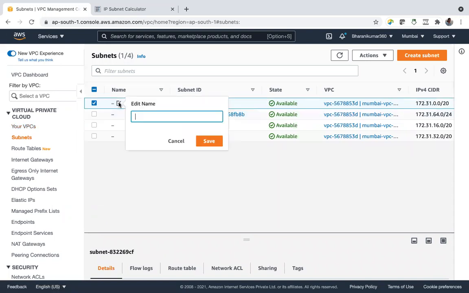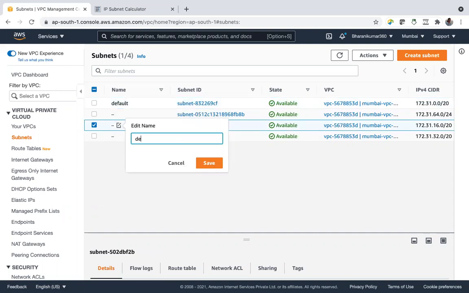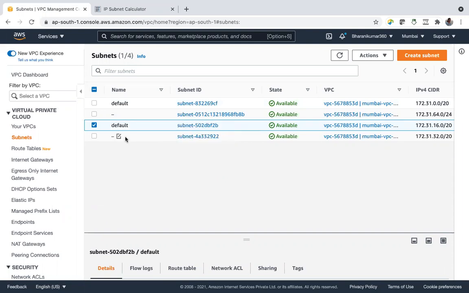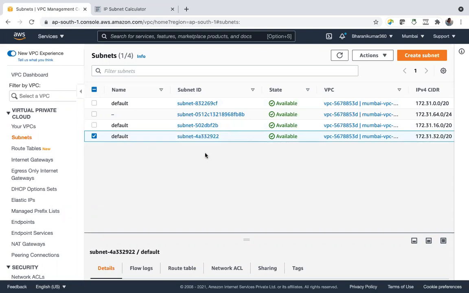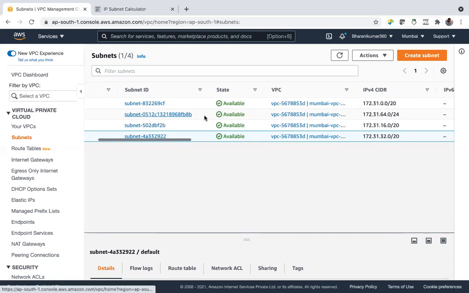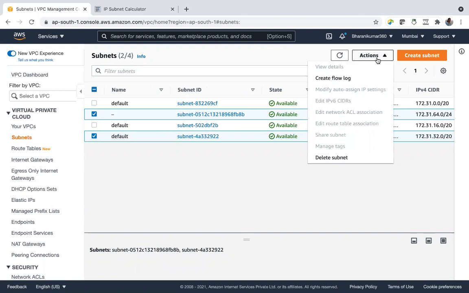And let us call these default. This is default subnet, and this is default subnet, and this is also default subnet. So this is some subnet which I am unable to delete. Delete option is there.